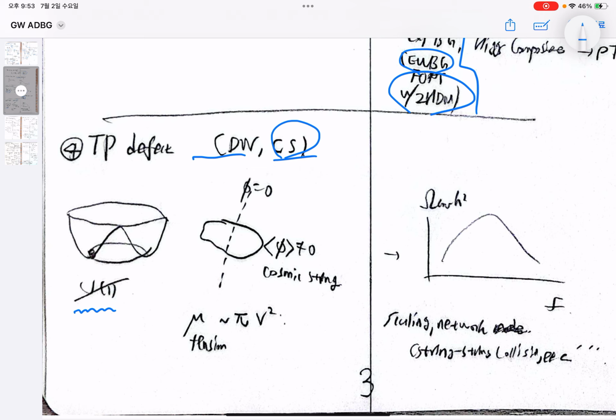And the vacuum configuration of cosmic strings is non-zero, and there will be a zero line because of the continuity, and the string tension is proportional to pi v squared, where v is the VEV scale. And the string collisions or the scaling behavior of the string network yield gravitational waves